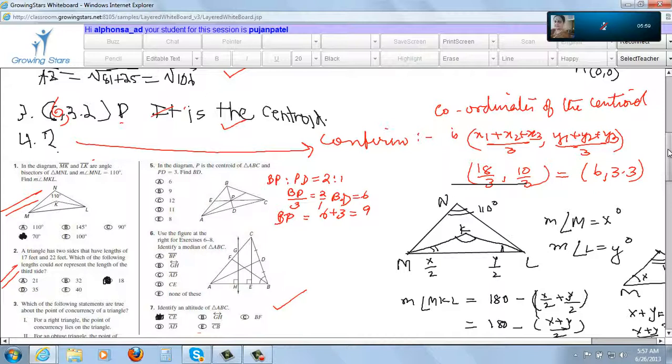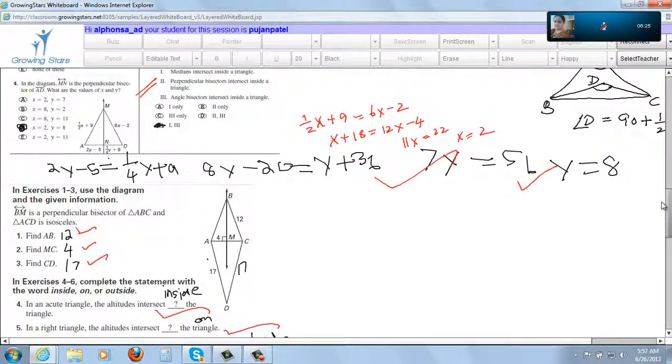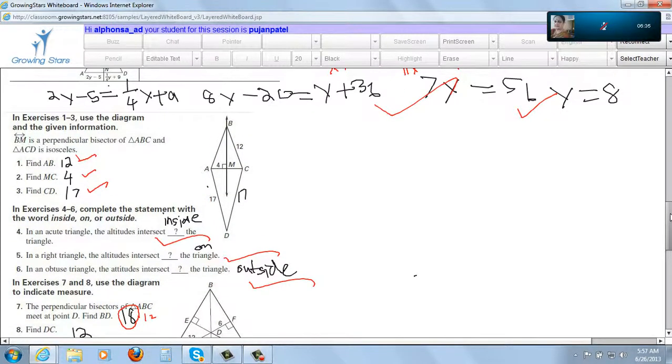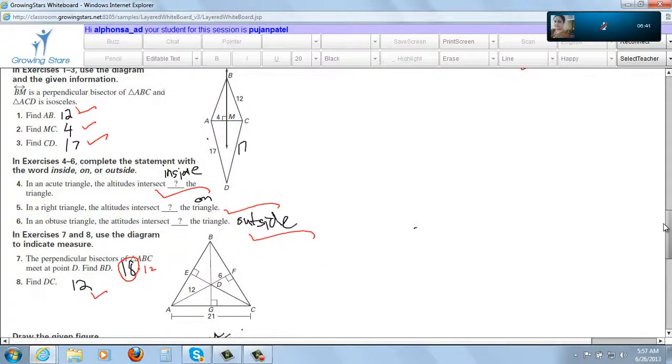But it's always good to remember that in such a situation, when you have a triangle, suppose we call it triangle ABC, and we have the internal bisectors, then angle D will always be 90 plus half of angle A. You can remember it like a formula. Here also it works, isn't it? 90 plus half of 110, 90 plus 55 is 145. So if you get a question like this, and if you can remember this, you can go for the answer straight away.